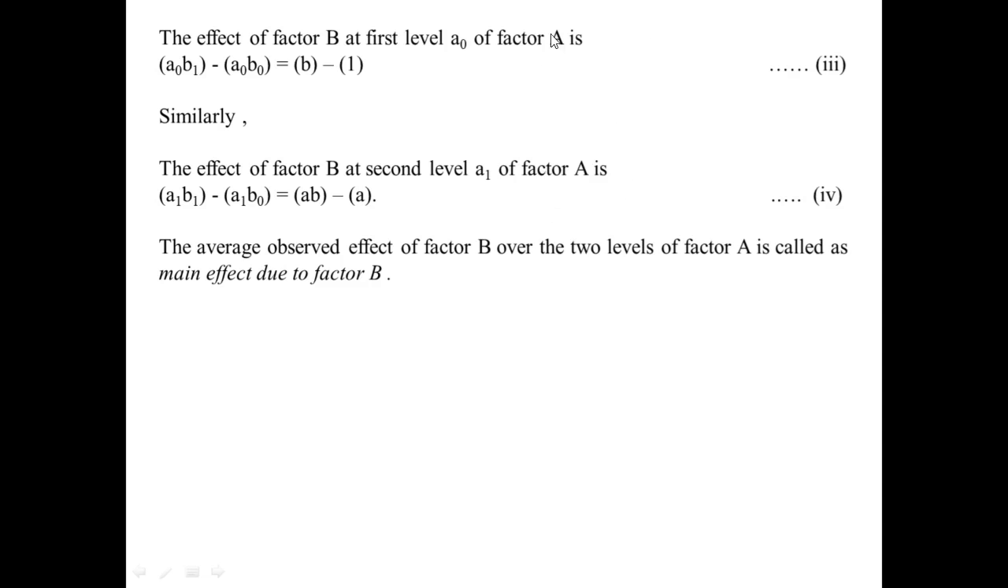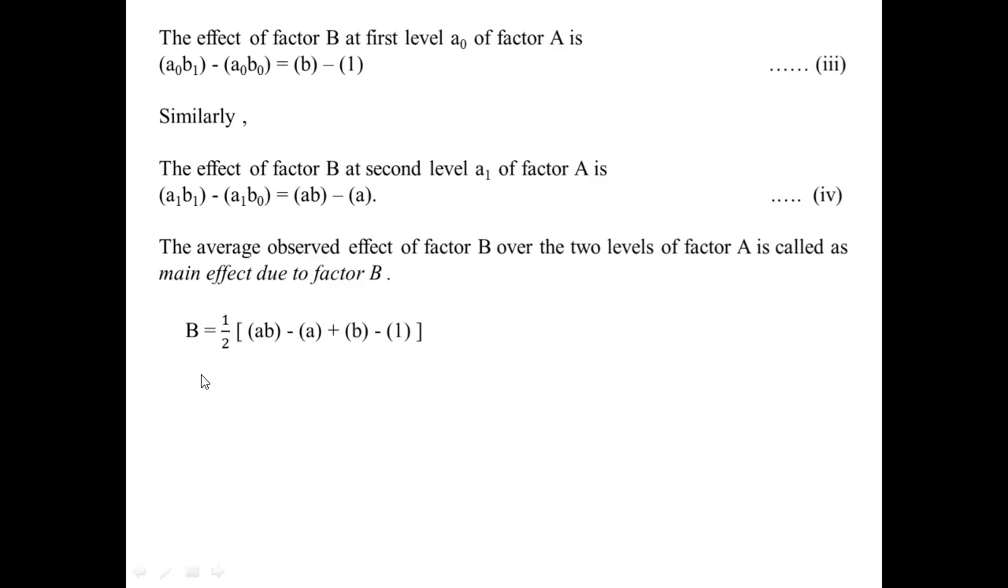And this effect of factor B is nothing but the simple effect. So the main effect for factor B is the average observed effect of factor B at different levels of factor A. So here we get capital B, the main effect, equals the average of equation 3 and equation 4. It is 1/2 in bracket (AB - A + B - 1). So the main effect due to factor B is the average of the simple effect of factor B at different levels